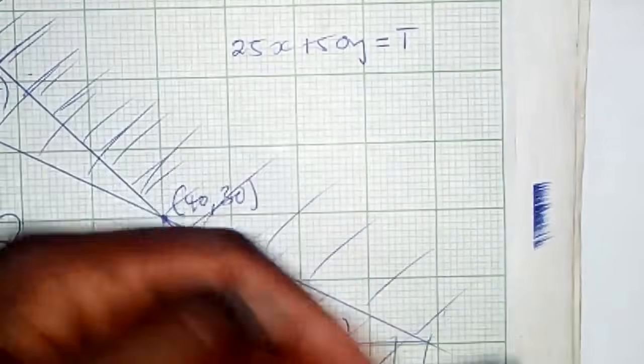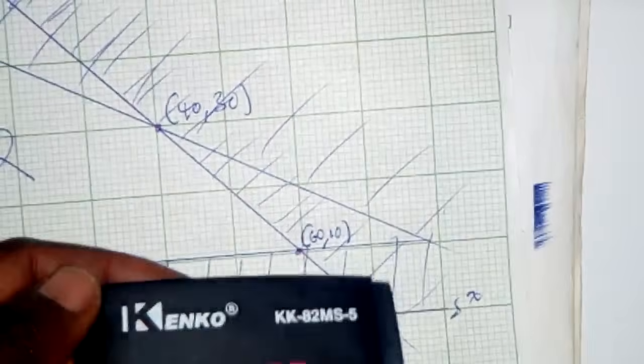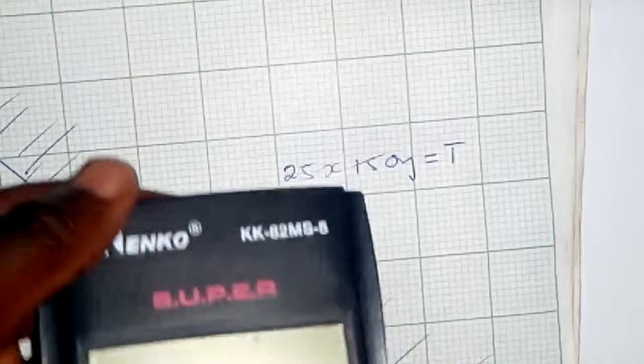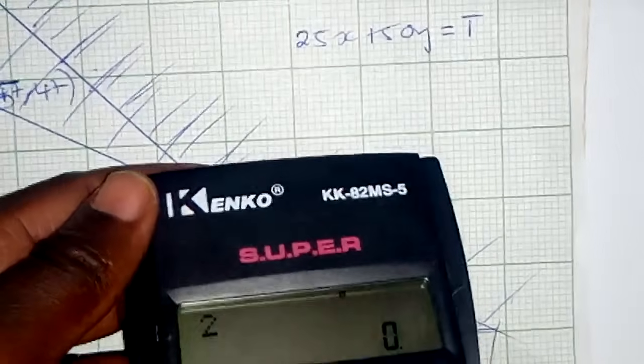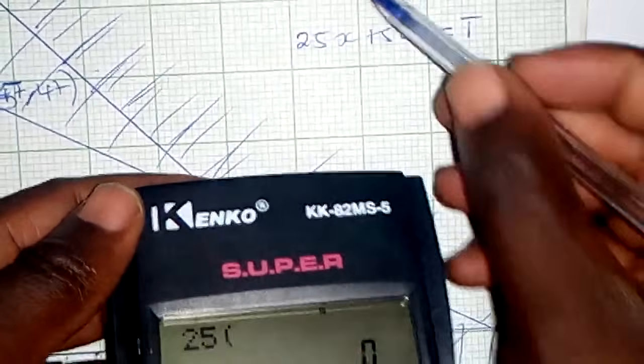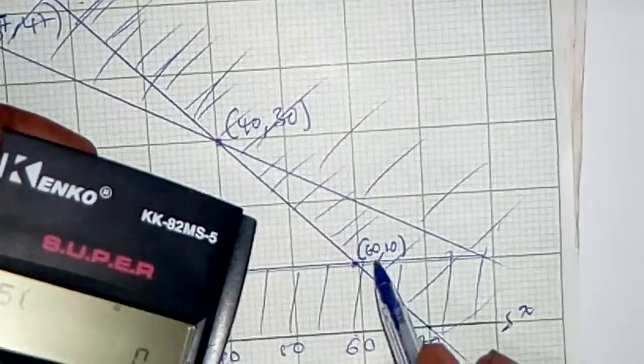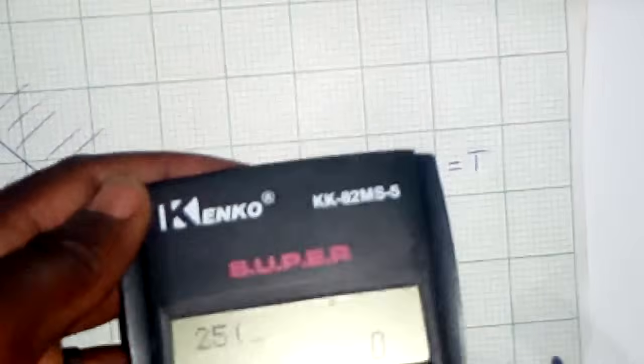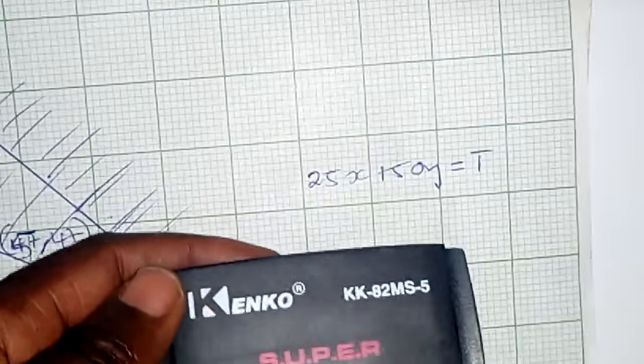We start with the coordinates 60, 10. So we say 25, open bracket, where there's x we put the x value, 60, close